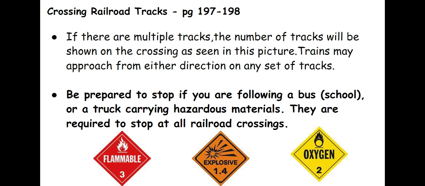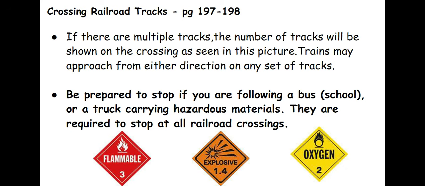Obviously, with a gate down, you're going to stop behind that vehicle and they're going to stop at the crossing. But when there is no gate down and no red lights flashing and no bells ringing, school buses in particular are required to stop, put out their stop sign, open their front door, and stop and listen and look